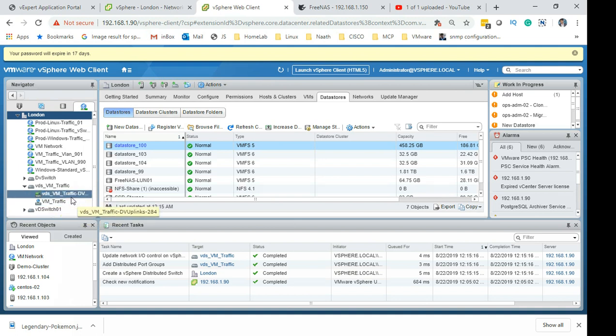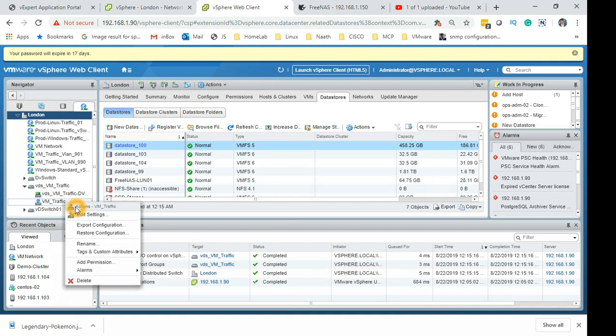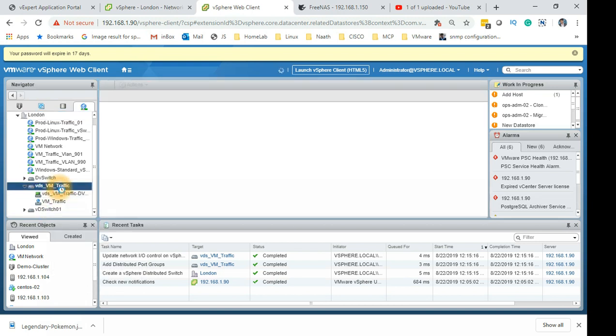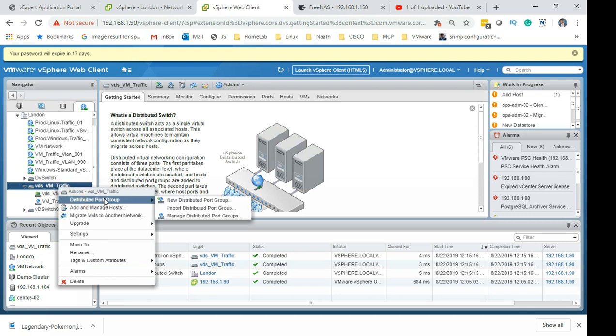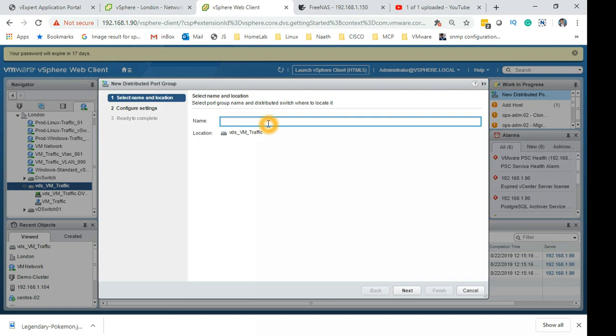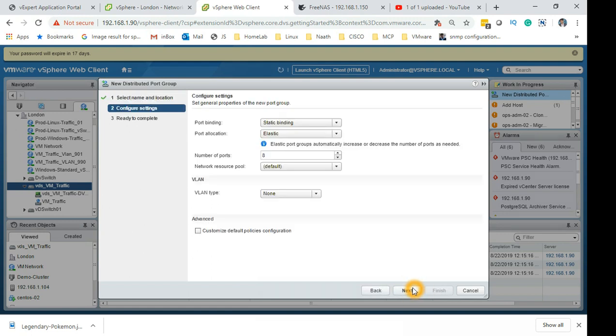So now I can go ahead on this VM traffic port group and start creating. If I right click on this one, I can start creating a distributed port group, an individual port group. So create new port group name. I want a port group maybe which is VM traffic. Or why not we come up with a similar name: VM traffic VLAN 1000. Next,